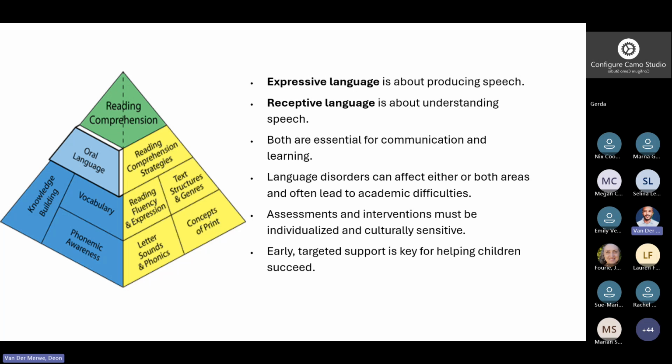And so assessments and interventions must be individualized and culturally sensitive, and early targeted support is key for helping